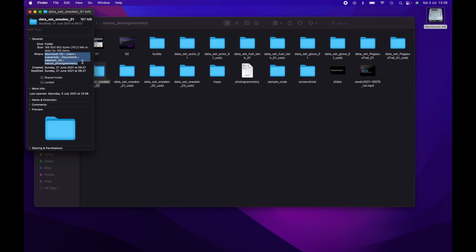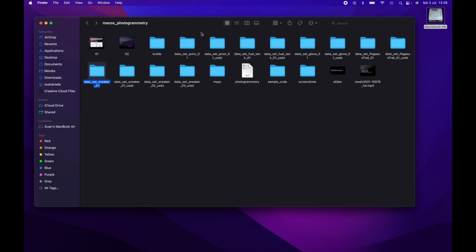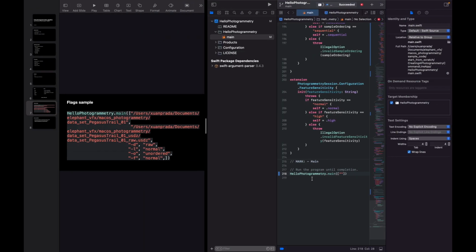Is there any other way to copy the path in macOS? Can you get the menu on the top with the path? I don't know. Okay, so I'm going to paste that here,